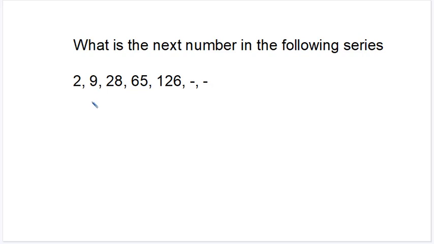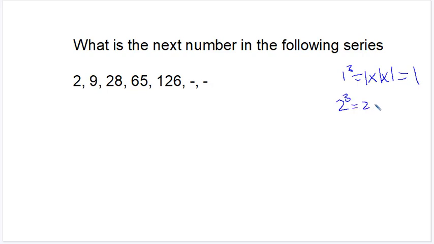The terms in this series are 2, 9, 28, 65 and 126. These numbers are close to perfect cubes of natural numbers. Let's see. 1 cube is 1 into 1 into 1, which is 1. 2 cube